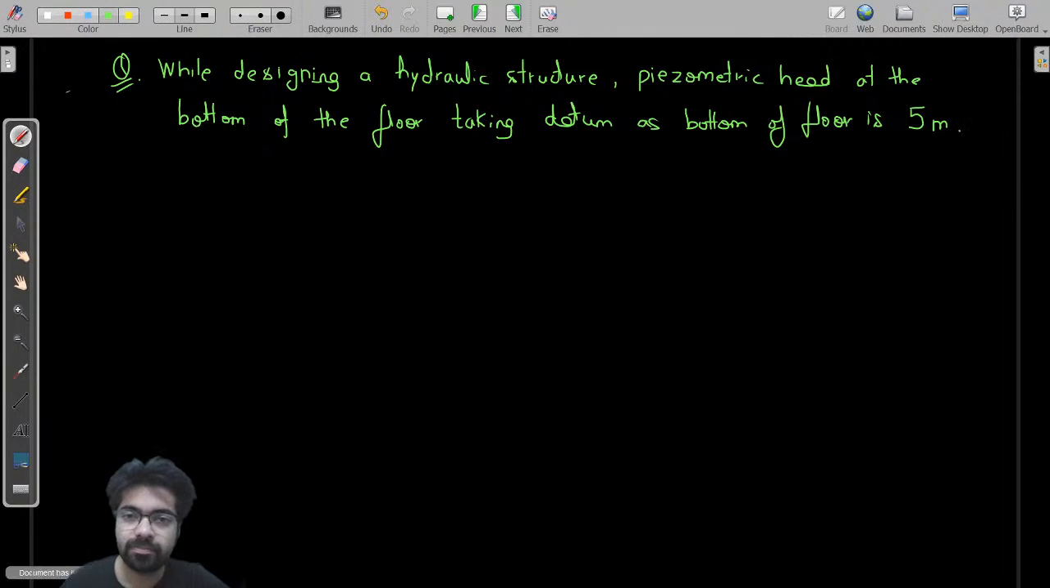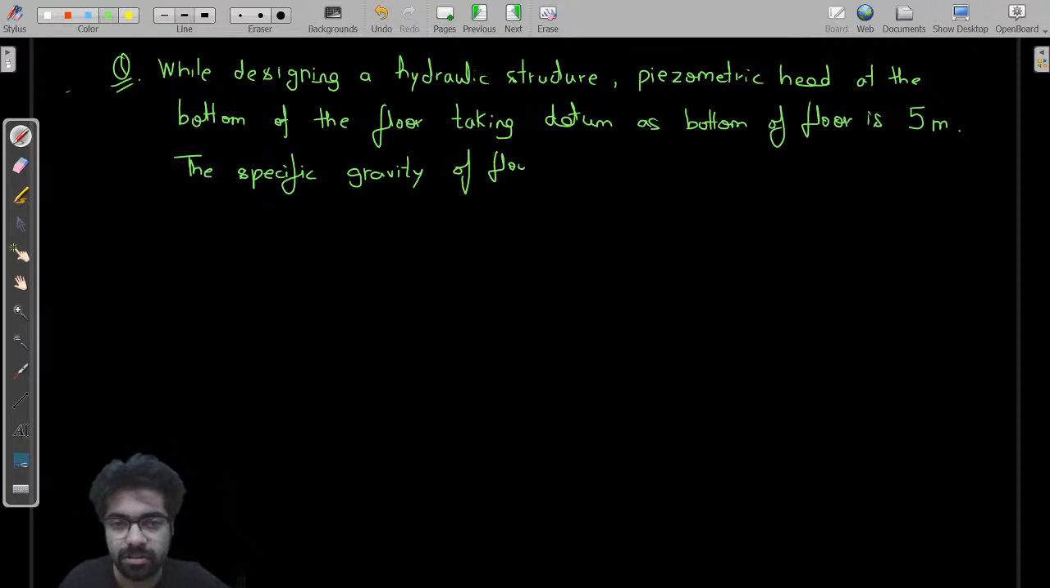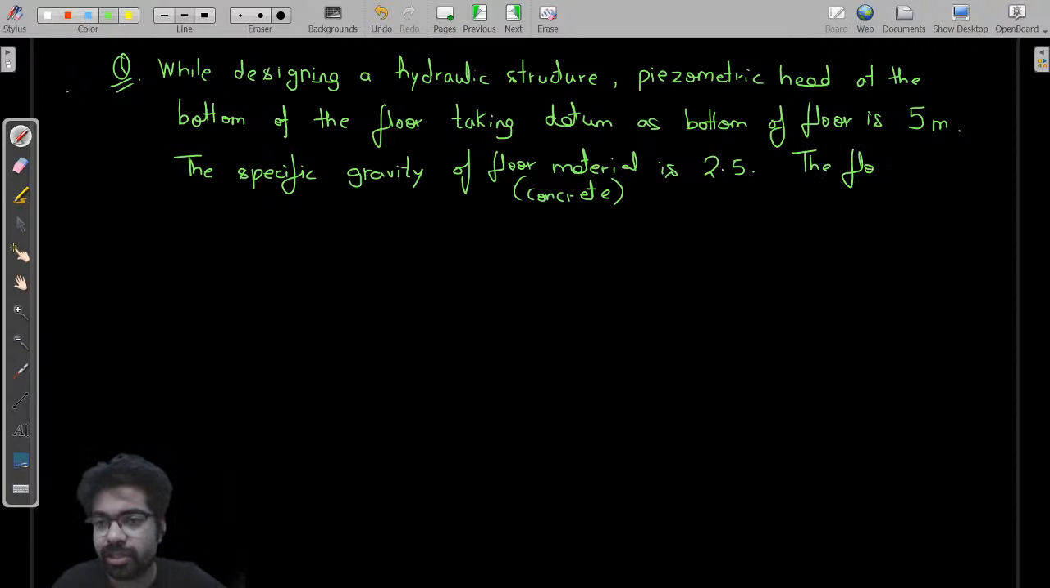Piezometric head simply means hydraulic head, 5 meter. The specific gravity of the floor material, I have simplified the question, is 2.5. Floor material is nothing but concrete, you all know. Then obviously you will find the floor thickness. The floor thickness should be